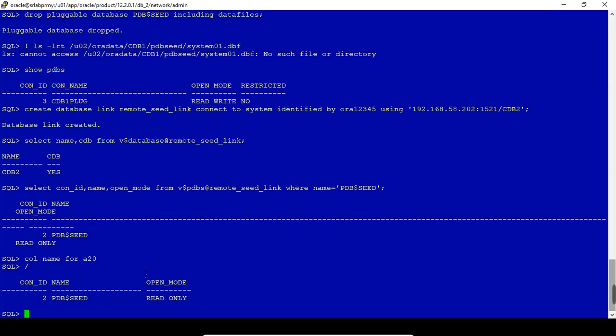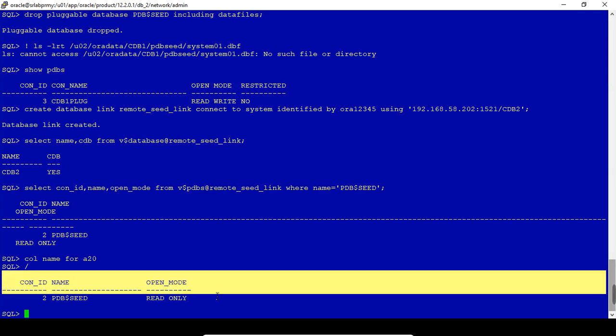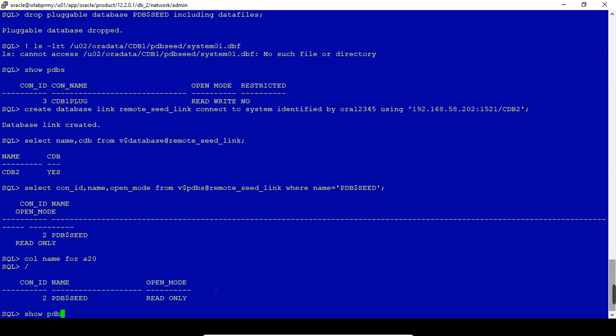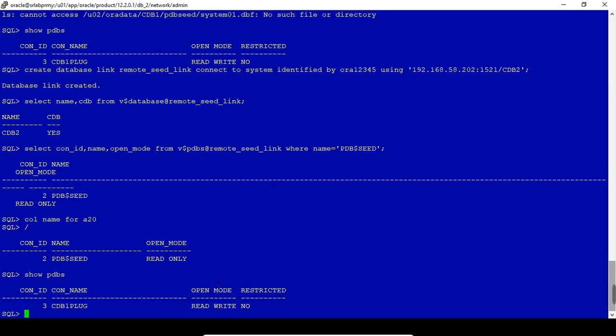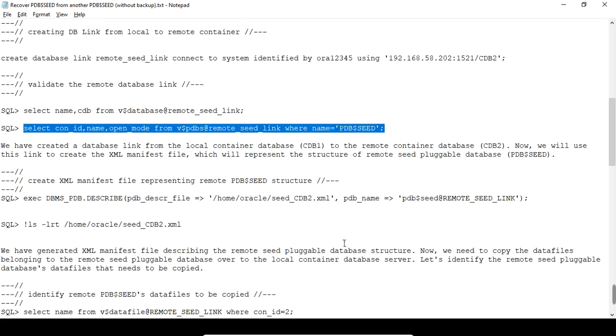You can see I am fetching the info from the target container's PDB seed. Here there is no PDB seed in the local container, so we are going to clone from there. We have created a database link in the local container CDB1 to the remote container CDB2.